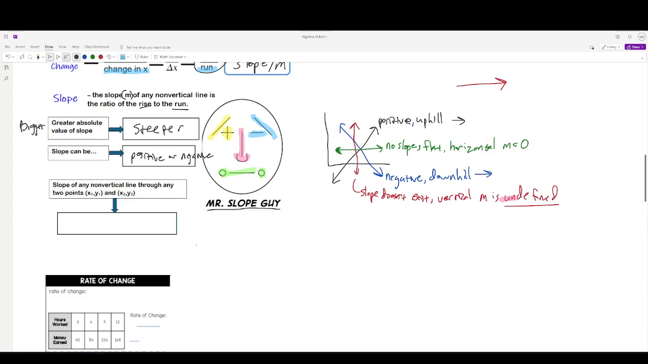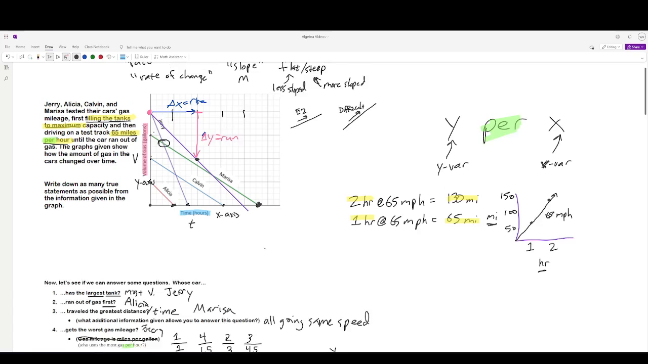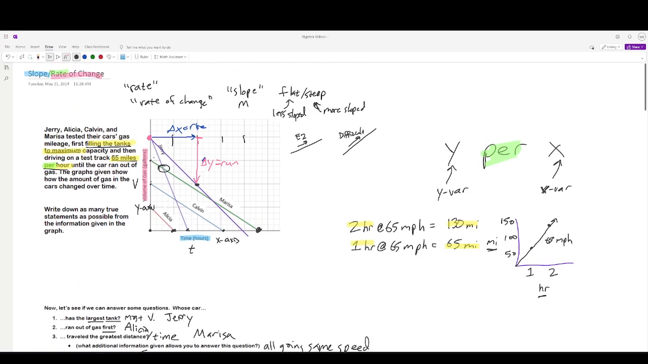All right, slope of any non-vertical line through any 2 points. So we call this thing here the slope formula. And it's a way of finding slope when we don't have a picture of a graph. So when we have a picture of a graph, we tend just to count the rise and the run. So like here, I would say